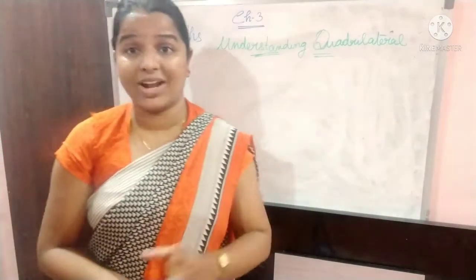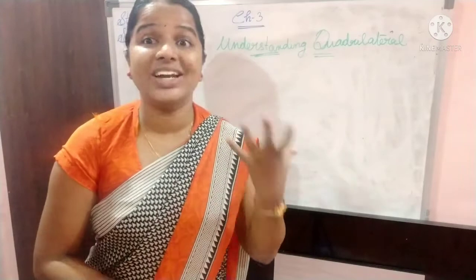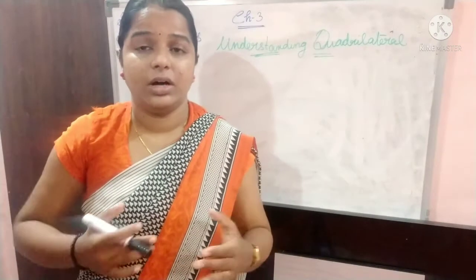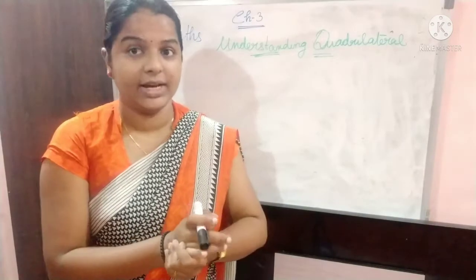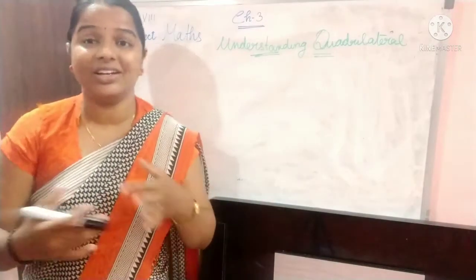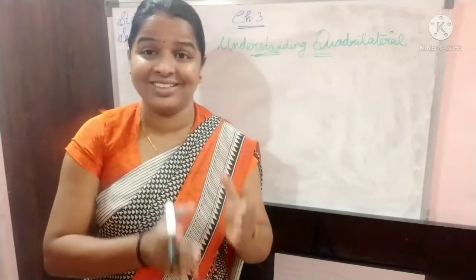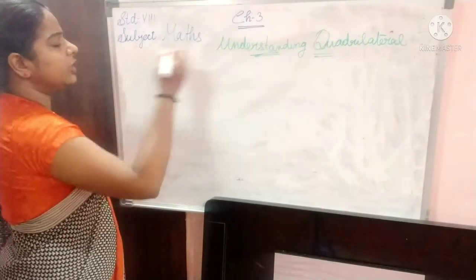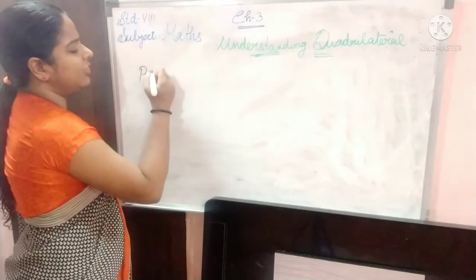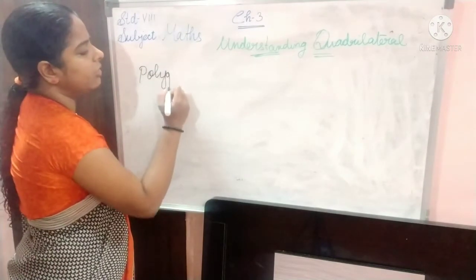Before going to the quadrilaterals, let's discuss the types of line. There are some types of lines we had learned, that one is straight line, another one is curved line, and this straight line and curved line is very important in this chapter. Why? Because of polygon. Before going to the topic of quadrilateral, first we should know what a polygon is.